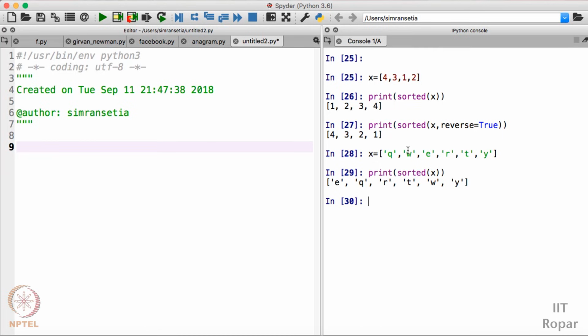First of all we have E, then Q, then R, T, W and Y. So if we have a list of characters, the sorted function sorts the characters in alphabetical order, and we can also use a string in this sorted function.